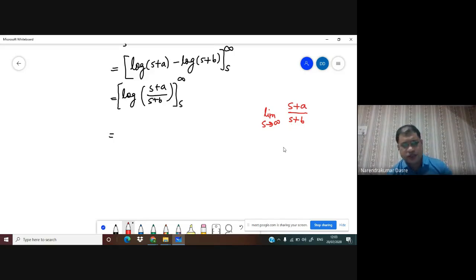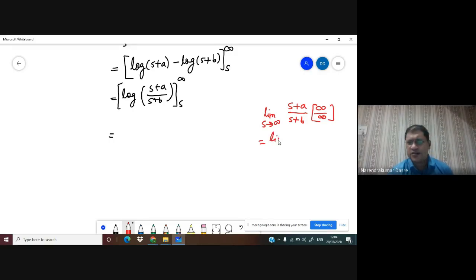One, whatever we have seen earlier, this is the indeterminate form, infinity upon infinity, and hence you can use L'Hospital's rule to evaluate this. But there is a simple thing you can do. L'Hospital's rule is very useful when you are not able to simplify the expressions. It is useful in polynomial cases also, but whenever you have the same degree polynomial in the numerator and the denominator, it is easy to cancel it out.